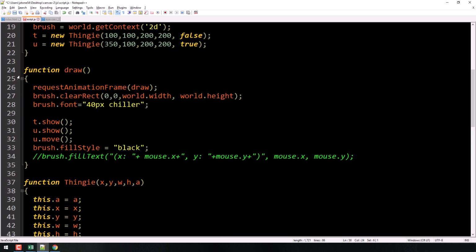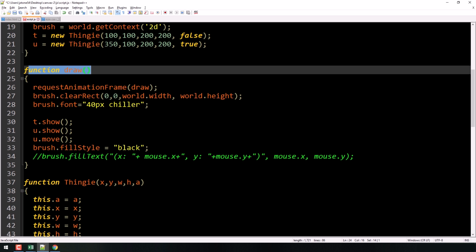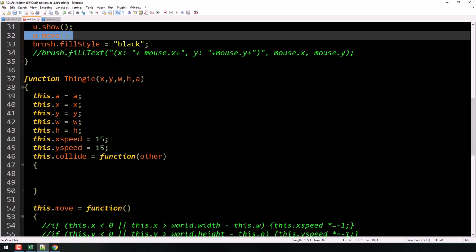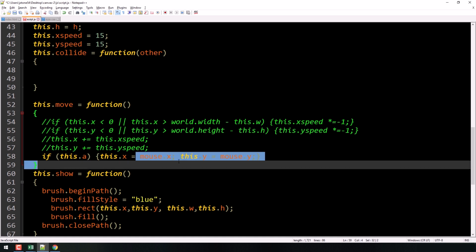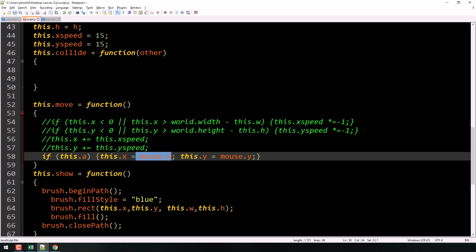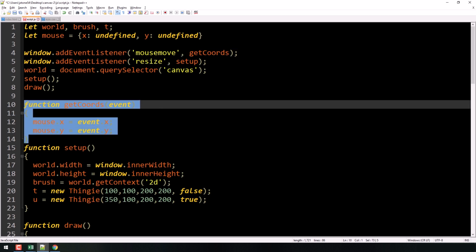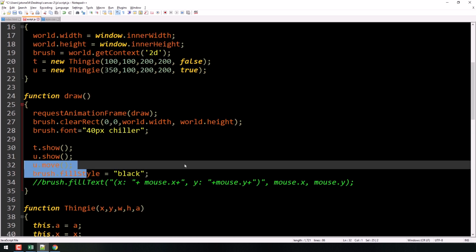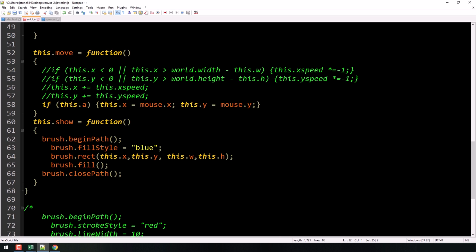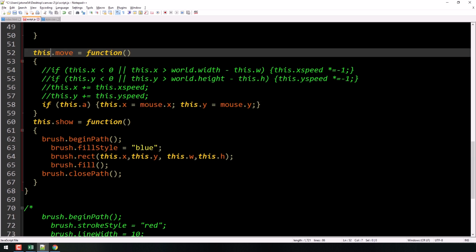And so the other thing to keep in mind here is that this draw function, which is looping over and over again, will continuously call the move function. So this move function down here will be continuously checking to see if attached is true, which it always will be for this particular object. And so every time the move function runs, it will continuously change the x value to equal the mouse. Well, that x value for the mouse is continuously being changed because our mouse is continuously being moved. In other words, this function is being run every time I move my mouse. And this move is being run constantly over and over again because of our animation loop here. And so the fact that this is always changing and that this function is always moving, the rectangle will move every time I move my mouse.